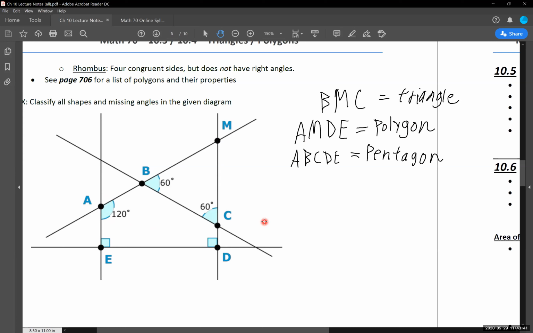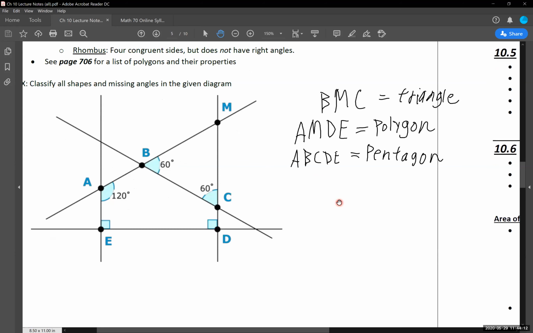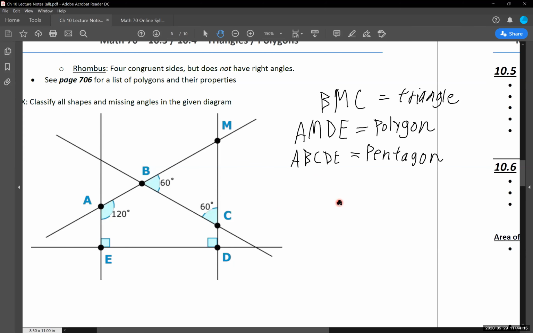To me, the fact that the conversation would have to come up of, and we have to argue about what this shape is or contest this point of an argument, that to me is not worth your guys' time on testing you on that. If I'm going to give you a shape or give you something that you're going to work with, it's going to be pretty obvious what it's going to be. Or I'm going to give you all the information to make it as abundantly clear as possible. Here's what it is. And again, I think a lot of these classifications are not necessarily the most worthwhile thing to grade you guys on as well, or test you guys on as well. There are more pressing things to test on.